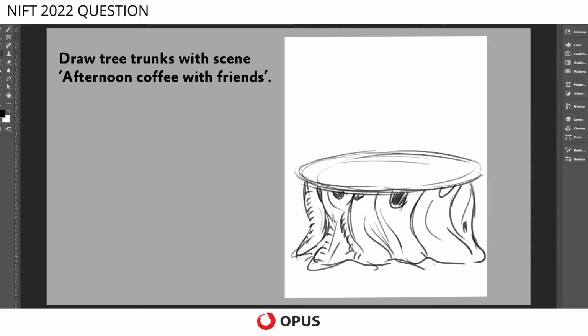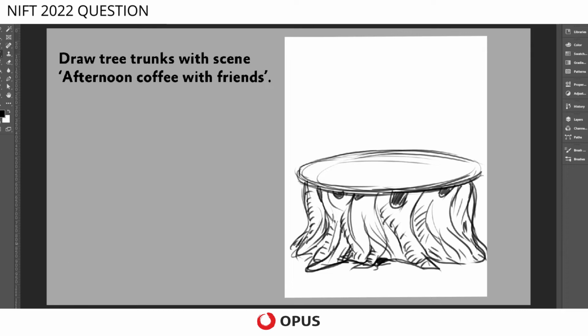So here you see I am slowly trying to construct a base which looks inspired from a thick trunk of a tree. But its functional purpose is to support a coffee table, whose base is on the top. Okay,